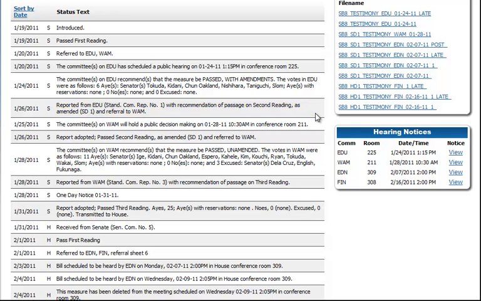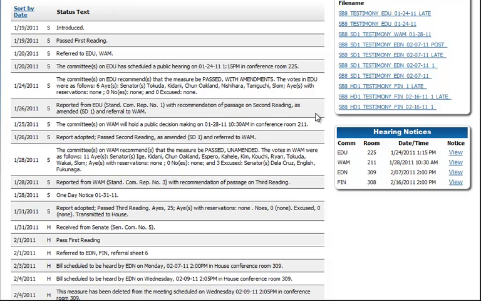Now, the reason there's a separate date for what the committee did on the 24th and when the report came out 2 days later is because a standing committee report needed to be written. Anytime a bill passes out of committee, whether or not it's amended, it needs a standing committee report which tells the reader what happened to the bill. It looks as though it took 2 days for this report to be drafted, along with the amendments, and so the report was then issued. Its number is Standing Committee Report 1. And it was referred to WAM.